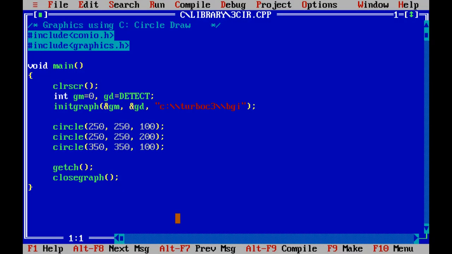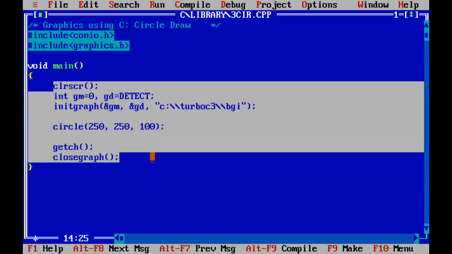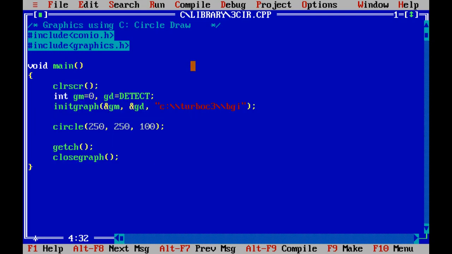Okay. The third circle is drawn and its center is different from the previous two circles. So simply this program draws a circle, and we already know how we draw a circle. Next program.